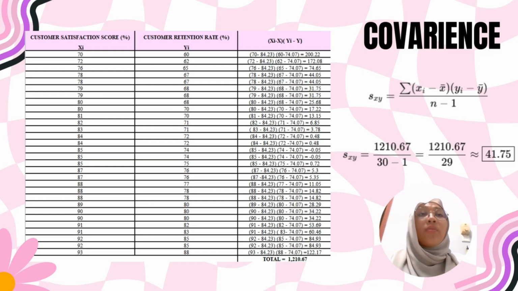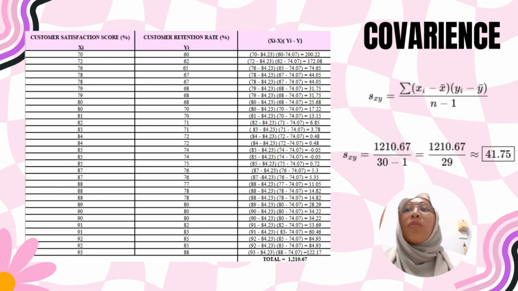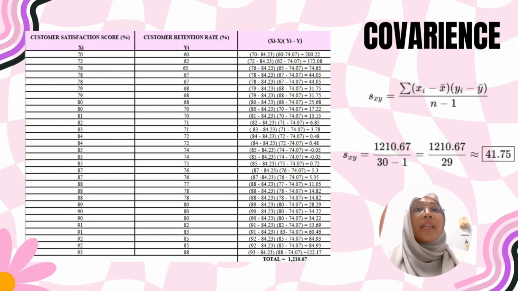So this is the formula for covariance. I will be explaining what each part of the formula means. The symbol sigma means we need to sum up the series of calculations. X1 represents the customer satisfaction score, which is our first variable. The X bar means the mean or average of all X values, which is the customer satisfaction score. Y1 represents the second variable, which is our customer retention rate, and the Y bar represents the